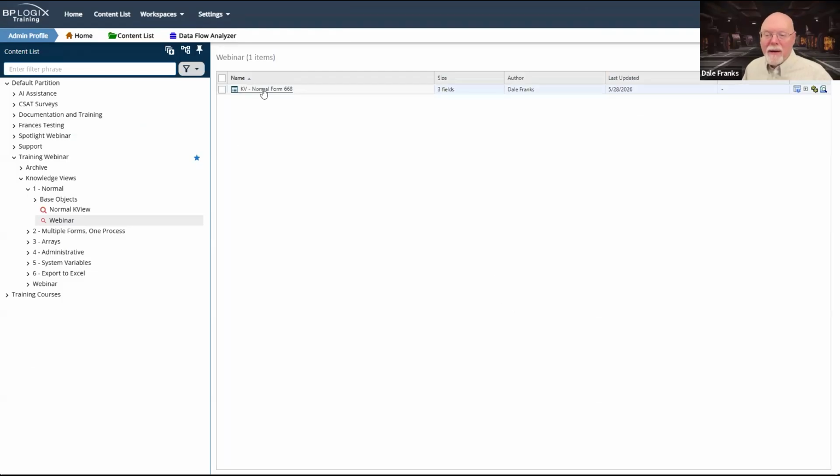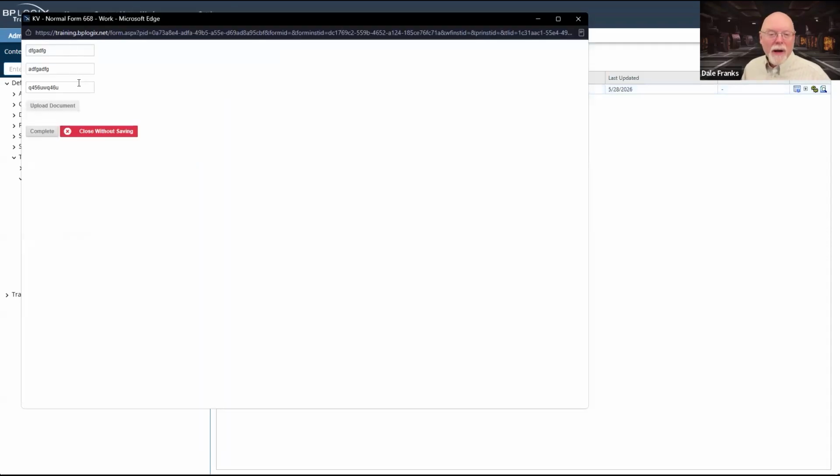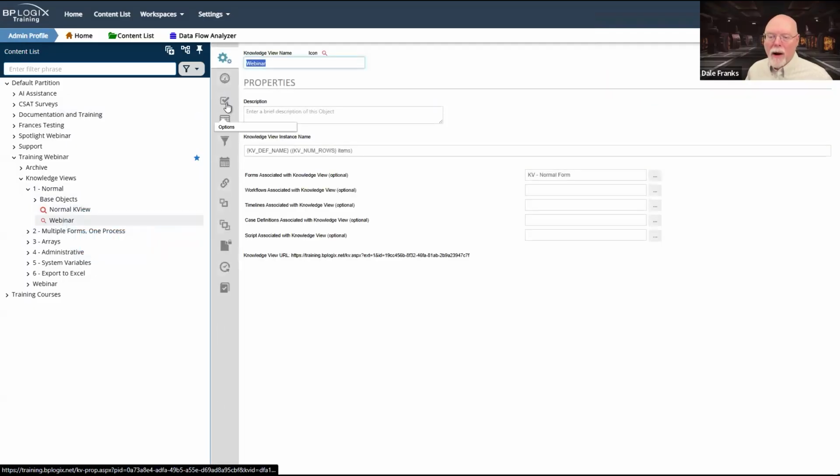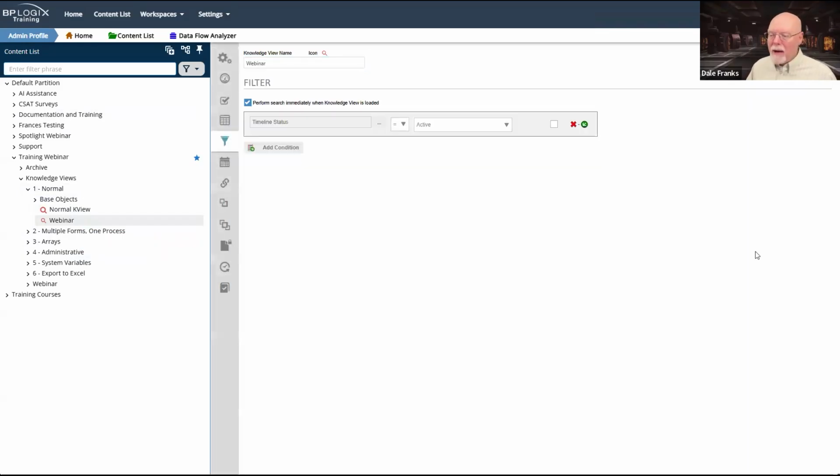And I should get, and in fact do get, a single record. So this is my normal form 668. And if we open it up, we can see that's the gibberish that I put into it earlier, but it's only returning one form because I have a knowledge view filter that only looks for active timelines. So again, even though I'm associating this with the form, I have no problem either setting the status here